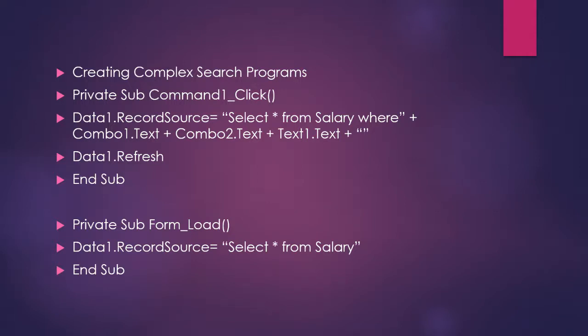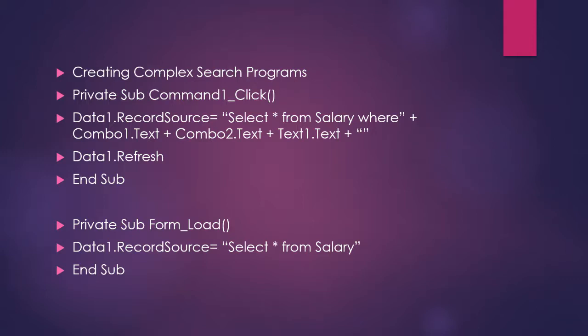Now, record source specifies the part of database seen by the control. So we are going to put a condition in record source. That is, we will put the condition by which the record source will be retrieved with our particular given conditions. Here, select is the SQL statement. Asterisk means we are selecting all the fields of the table from salary. Salary is the table list, where